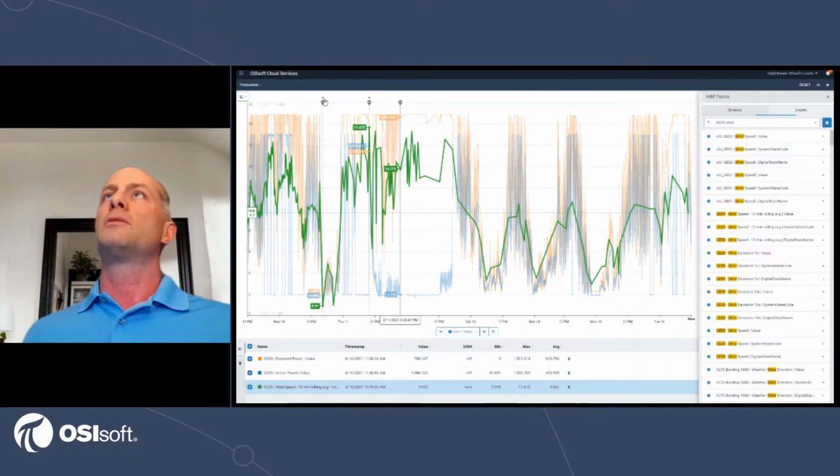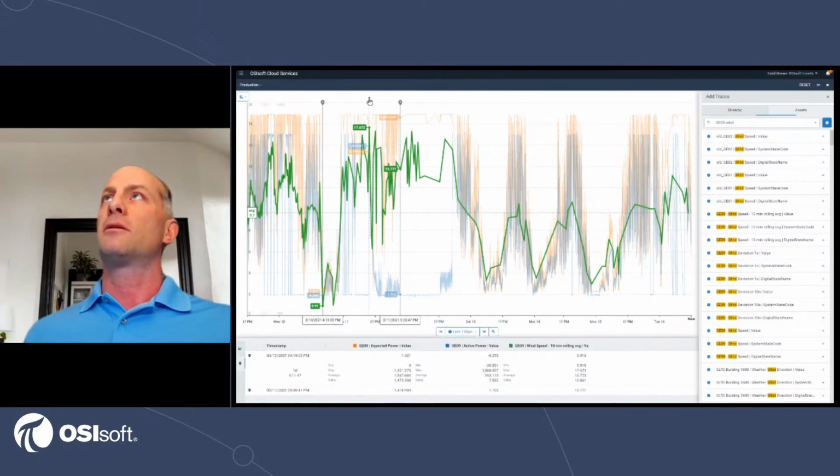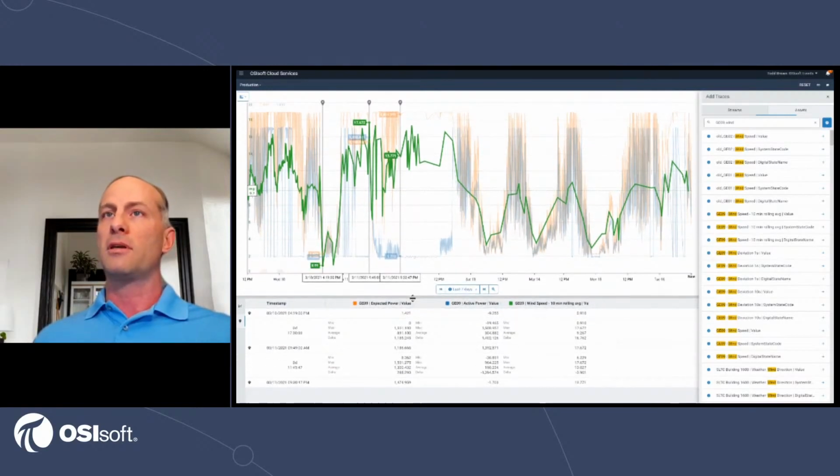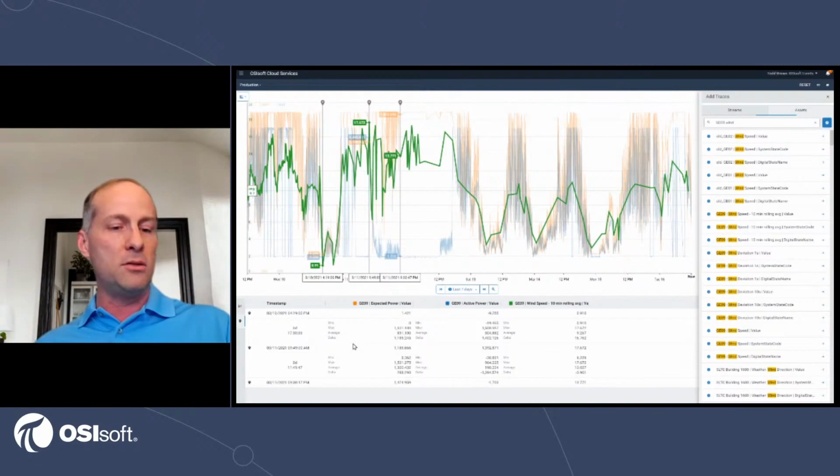So what I'm going to do is pin these 2 easy cursors for my min and max wind speed and add those. And if you look at the table down here at the bottom, and I'm going to zoom in so you can see it better,